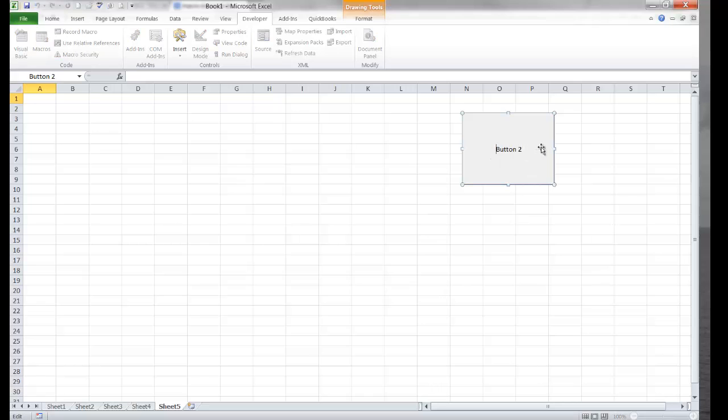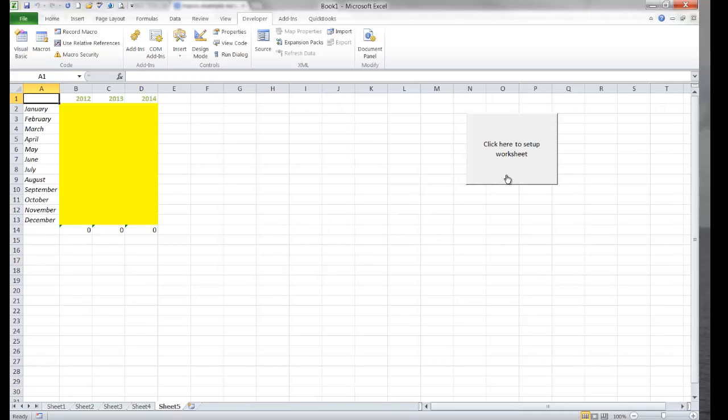So I can highlight that, get rid of my text, and type in something that makes sense. Click here to set up worksheet. I'm going to click away. Leave my mouse back over it. Notice it looks like the pointed hand right now. And now I'm going to click. And just by clicking that button, it automatically will execute the macro